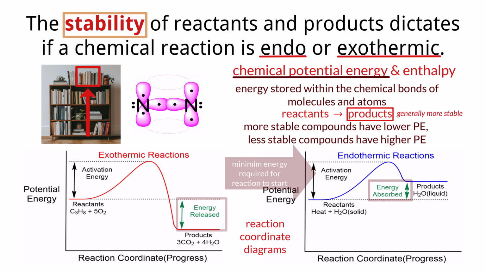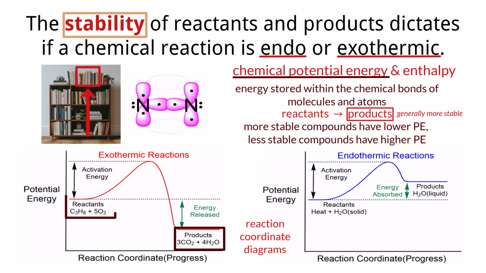In an exothermic reaction, the products are more stable than the reactants. This means that the products have lower potential energy compared to the reactants. For example, with the combustion of propane, the products CO2 plus H2O are more stable and have lower energy than the reactants C3H8 and O2. Since the products are more stable, lower energy, the excess energy is released to the surroundings, often in the form